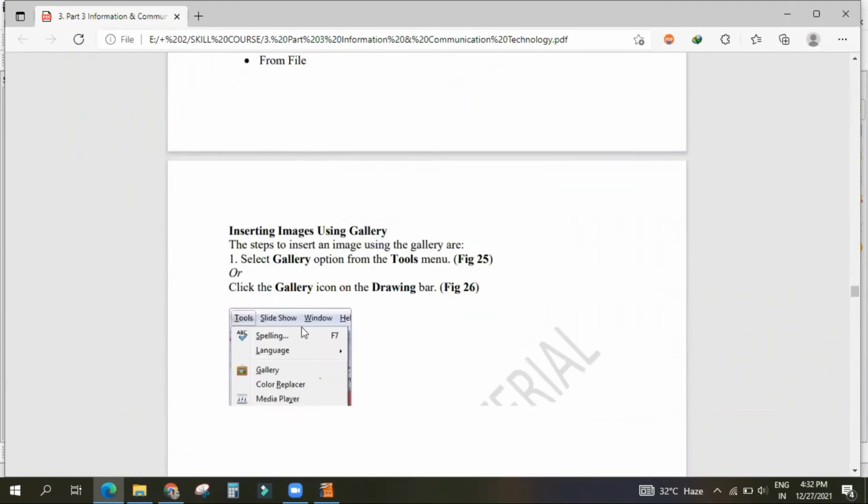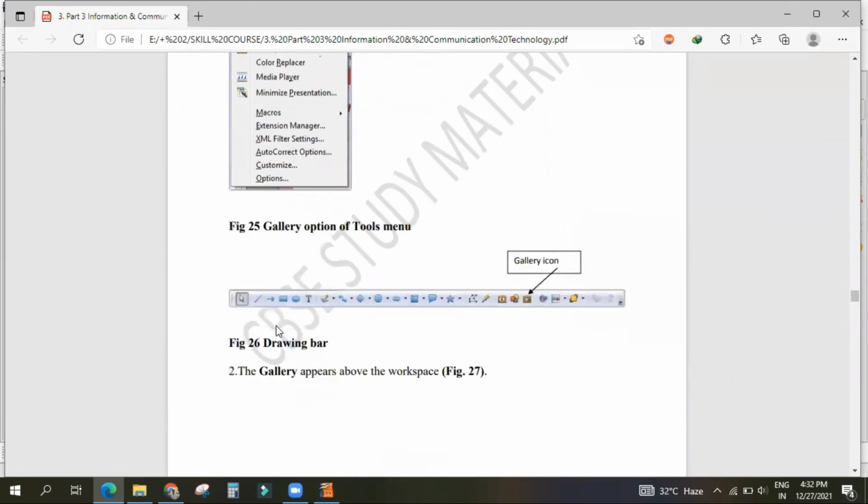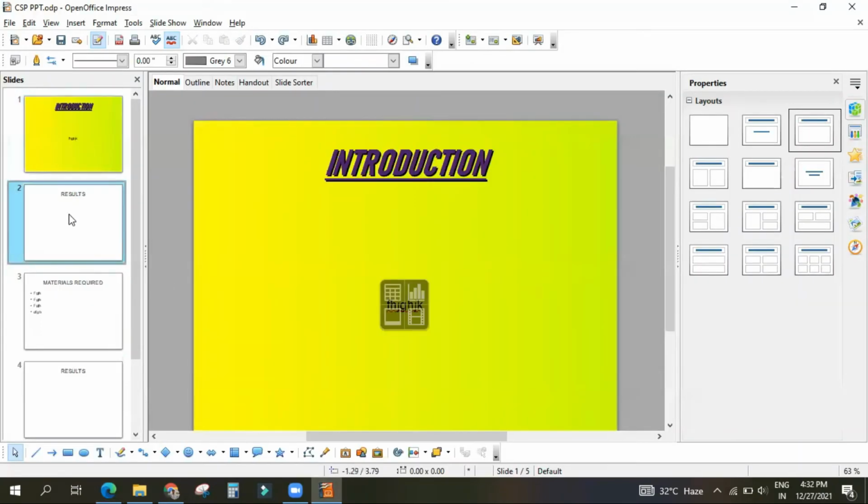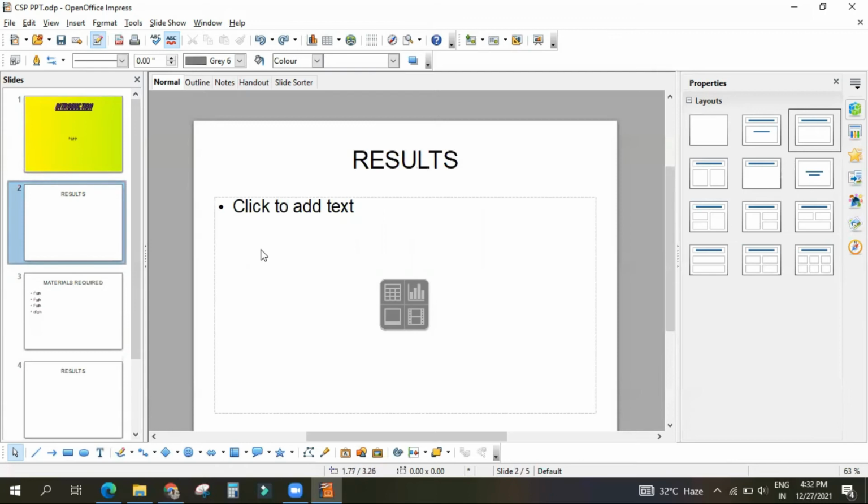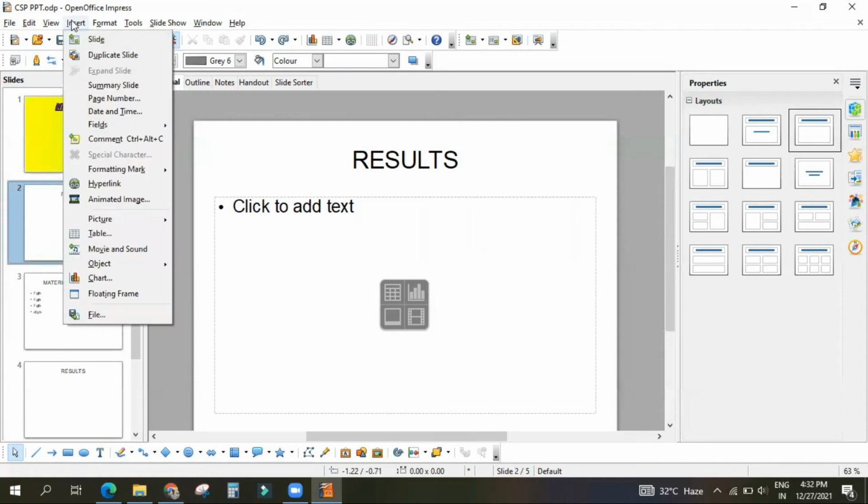Then inserting an image. How to insert an image? Suppose I want to insert an image here, some OpenOffice image. Then the Insert menu is there.